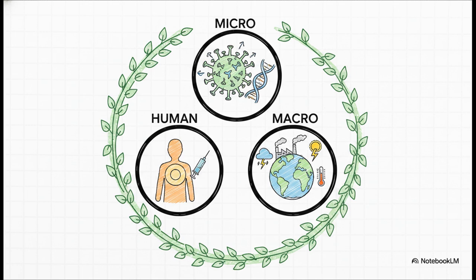All right, as we wrap up this explainer, I really want you to lock in these core concepts. At the micro level, remember that pathogens are constantly evolving to survive and beat our defenses. At the human level, our immune limits are very real, which means we have to continuously innovate our vaccines and antibiotics. And at the macro level, human expansion and climate change are basically hitting the fast-forward button on viral spread. Ultimately, adopting that One Health approach isn't just a nice idea. It is absolutely critical for our long-term survival.